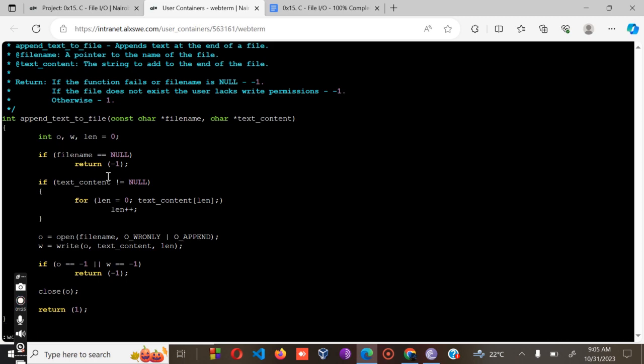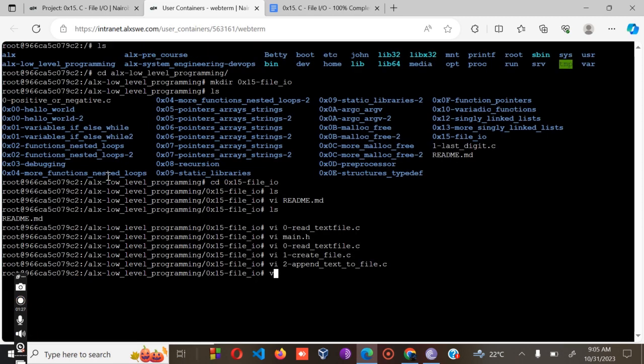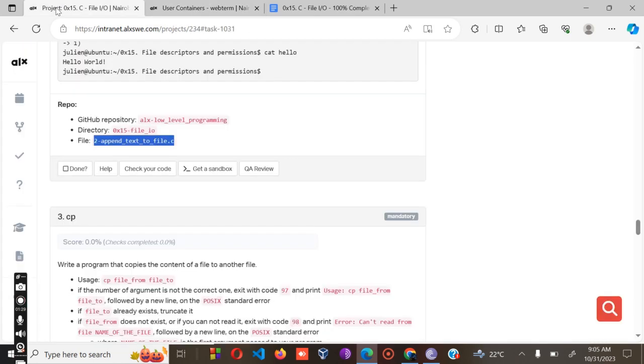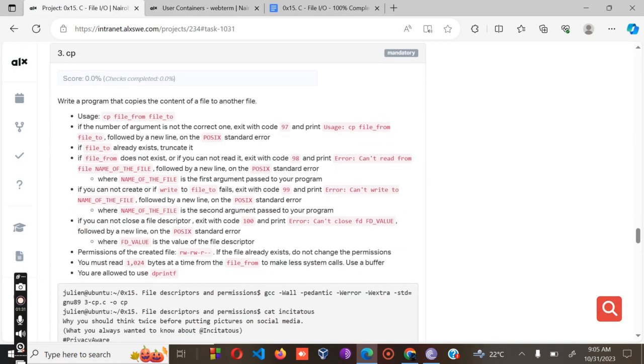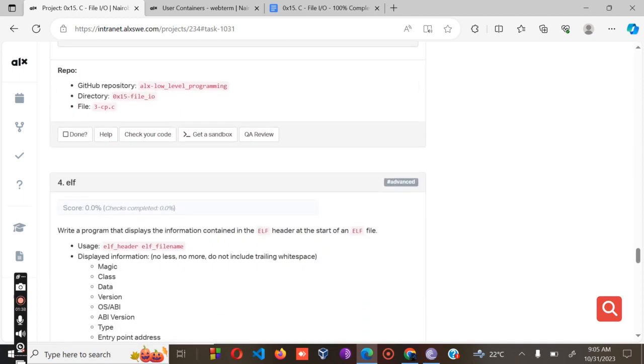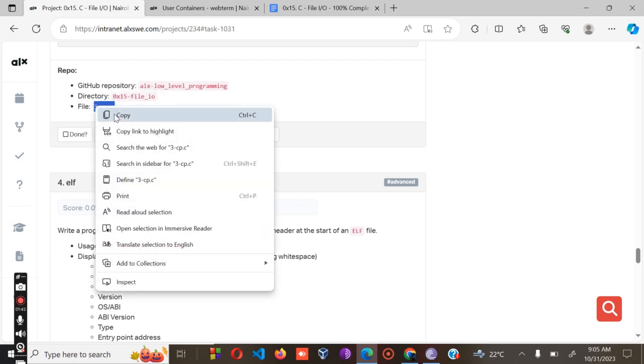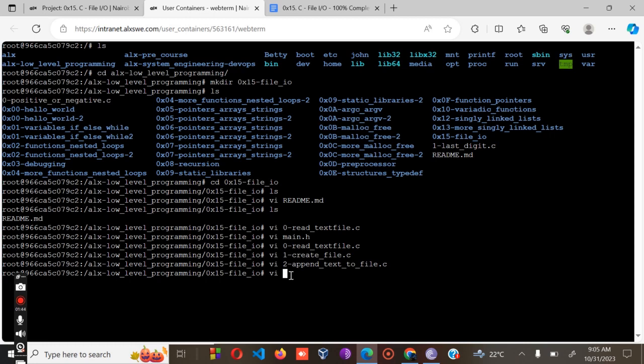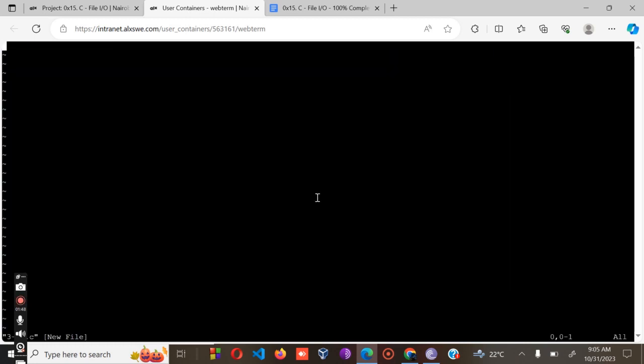Then move to the next number, number 3. Number 3, you are supposed to write a program that copies the content of a file to another file. So copy this one, copy the name of the file, paste, enter,